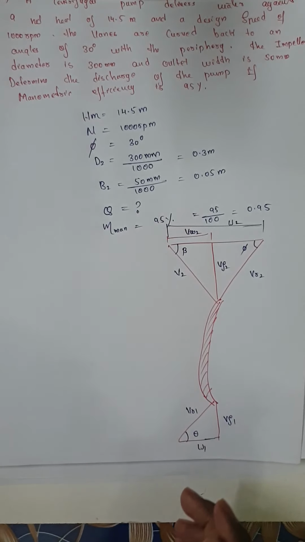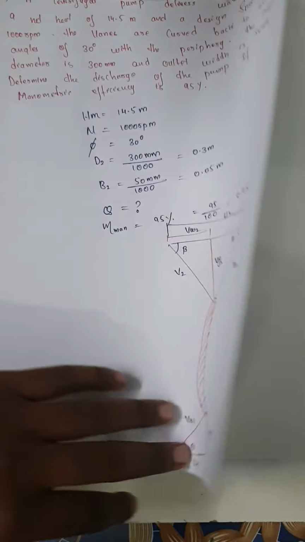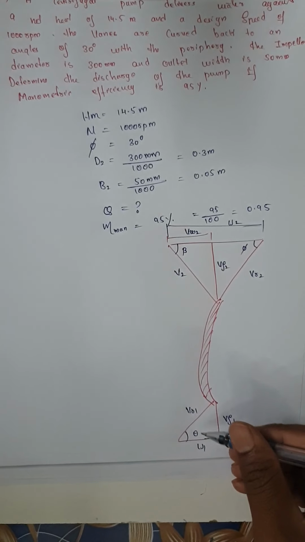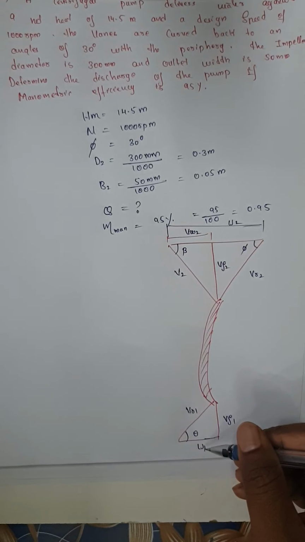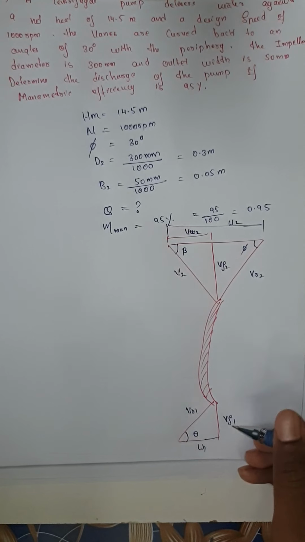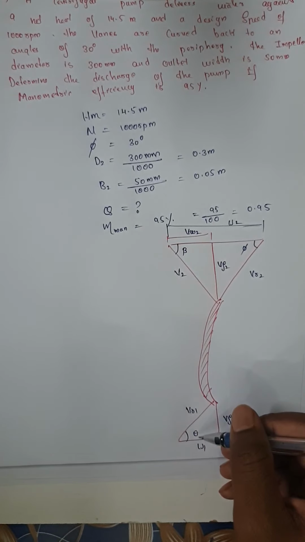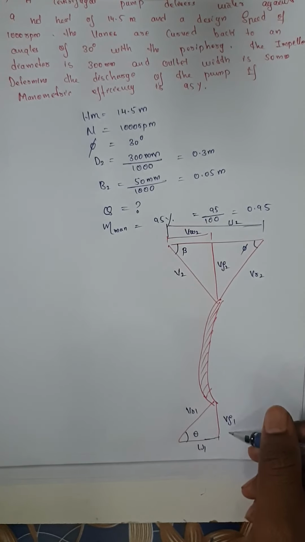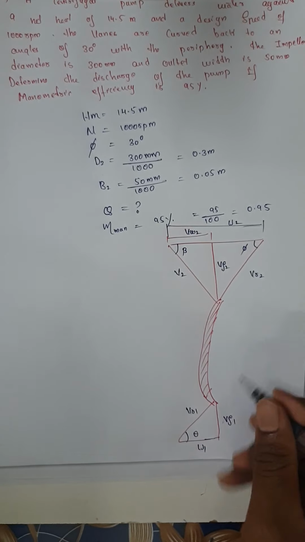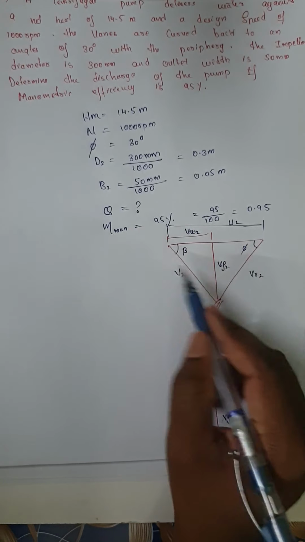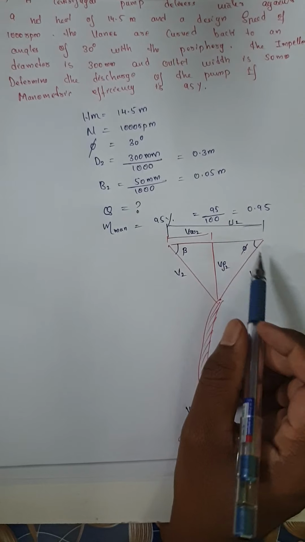First you have to draw this diagram. After drawing this diagram, if you consider here U1, can you find it out? No. VF1, no. VR1, no. Theta. So here, is any two data available? No. Here also, this one, no. Only pi is available. You don't know this one.